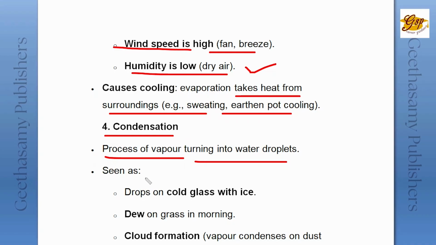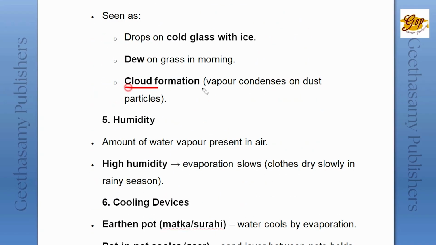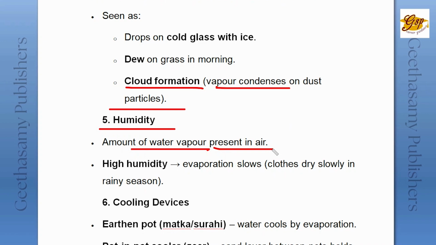Then condensation, the process of vapor turning into water droplets, seen as drops on a cold glass with ice, and dew on grass in the morning, right? And cloud formation, vapor condenses on dust particles; then humidity, the amount of water vapor present in air;